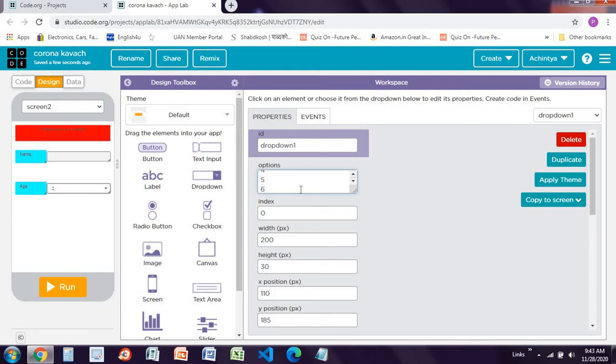Then we have to make this as 20 plus. 8, then 9, then 10, 11, then 12, 13 and 14, then 15 and 16, 17 and 18, then 19, then make it as 20 plus like this.